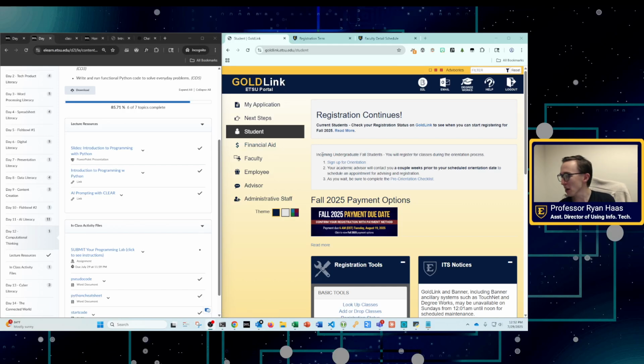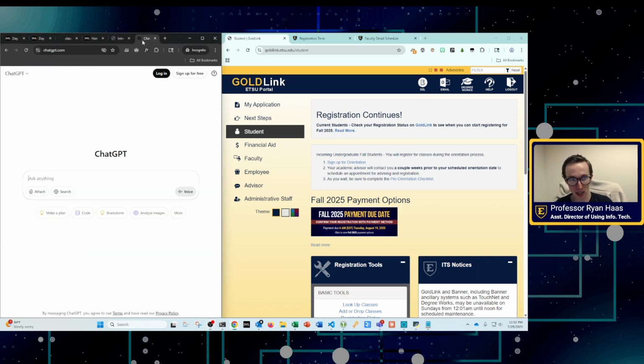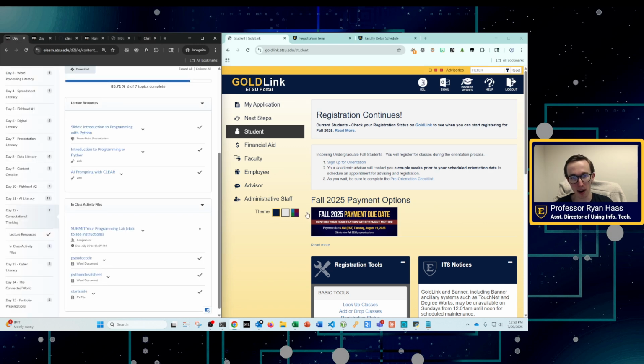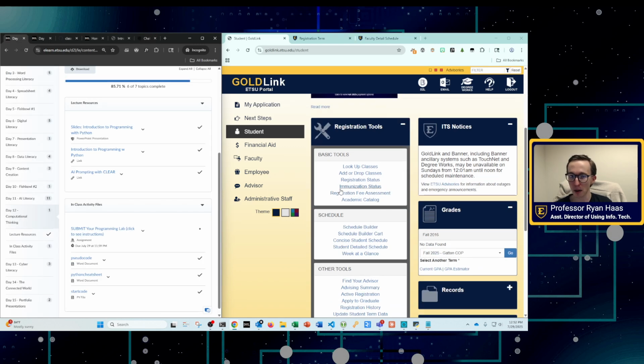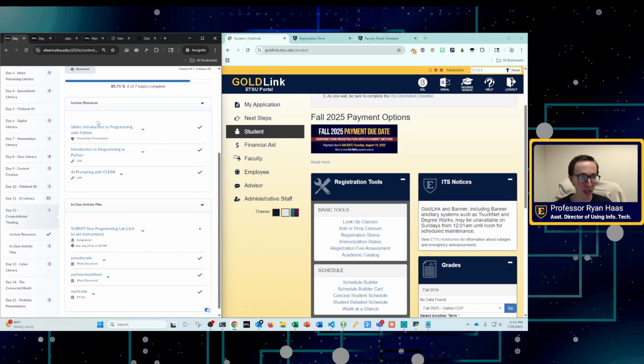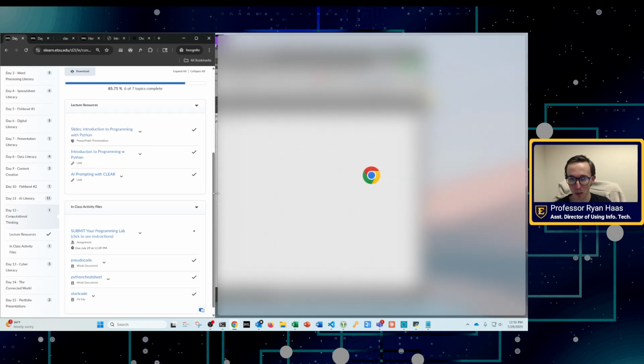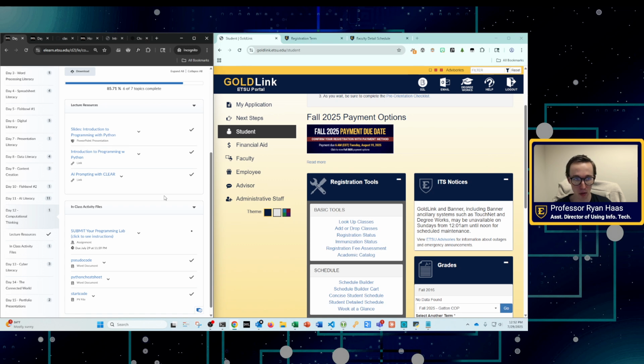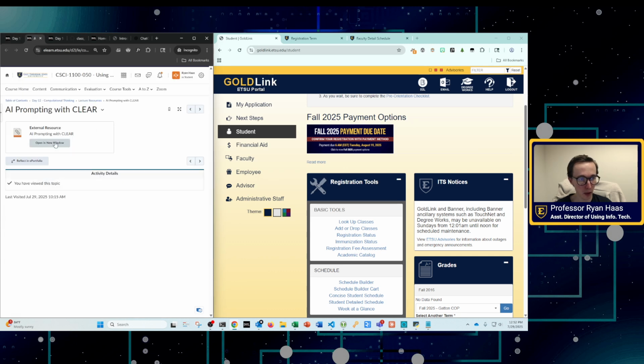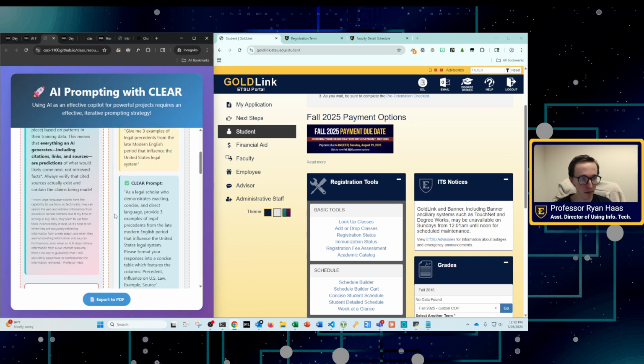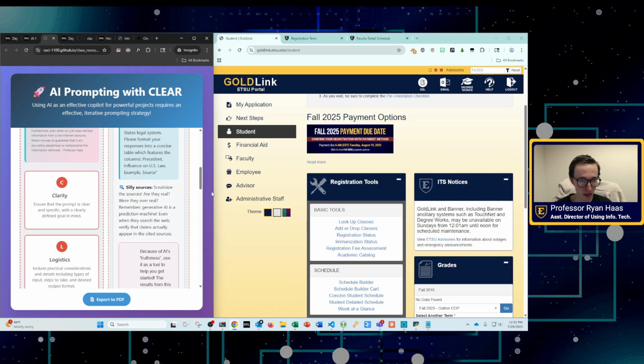If you want to try to create an app with me, I'm going to use ChatGPT, just the free version, and I'm going to try creating a student schedule visualization web application, which sounds complicated, but based on how much Python we learned today, I think it should be doable. So first, I'm going to pull up this AI prompting tip sheet.